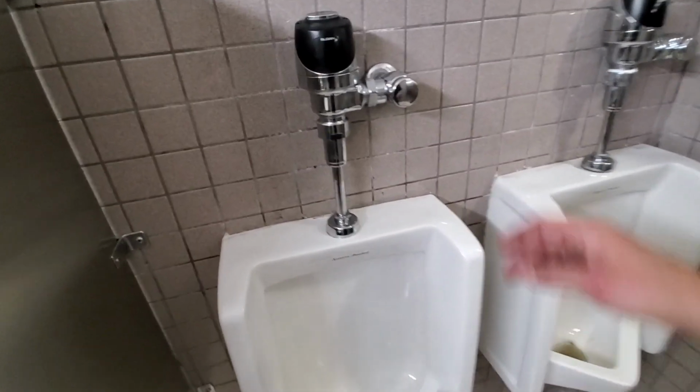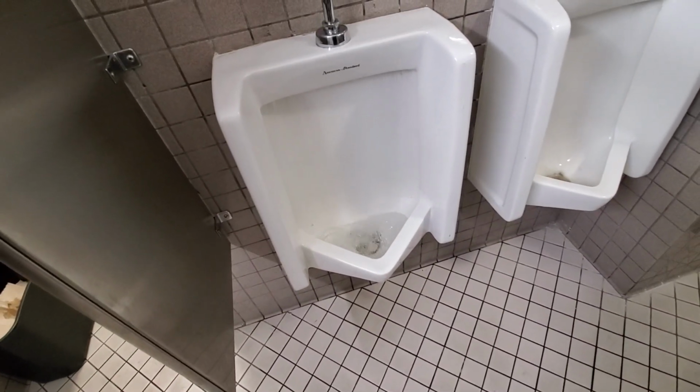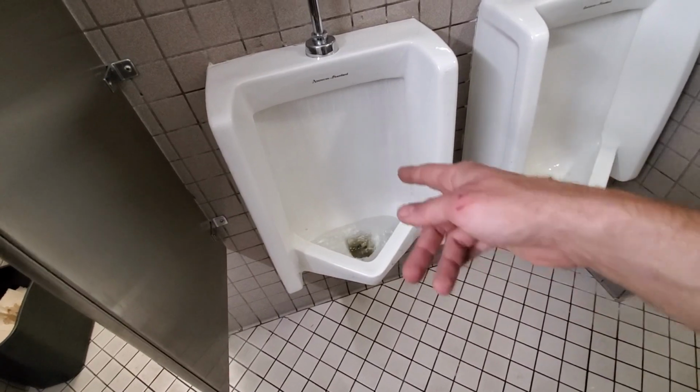There you go. So it's still not flushing very well. But you saw the snake, it was through. But it ain't leaking anymore. So